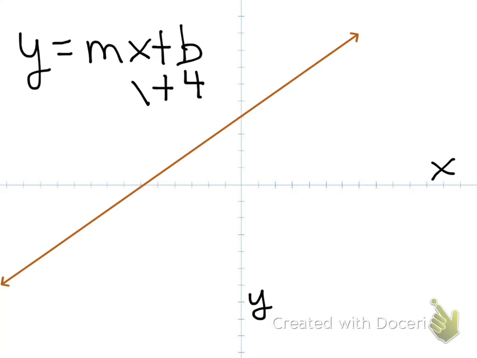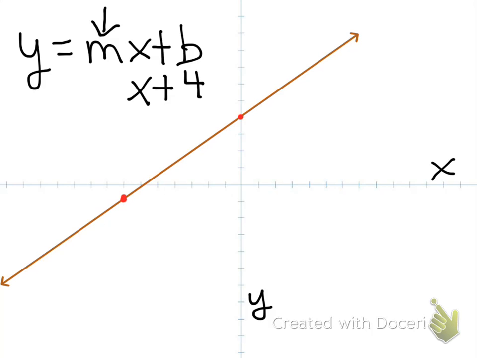Now, this value is the slope. How you get the slope is you could locate any points on the line. Any points on the line. And with those 2 points, we can either count the slope or we can use the slope formula. This particular line doesn't have a grid, so we may have to estimate it just a little bit. Suppose then that we have a point at,